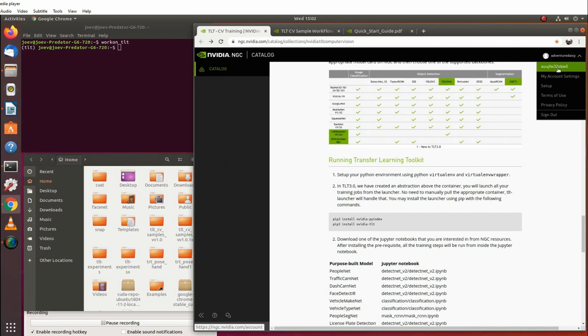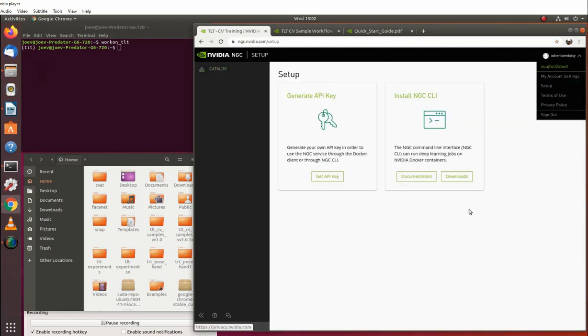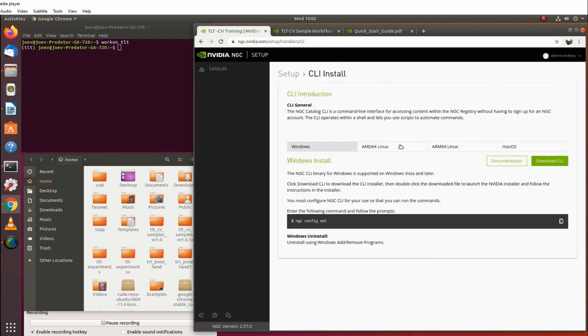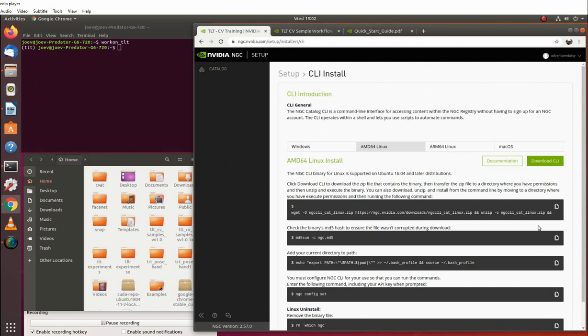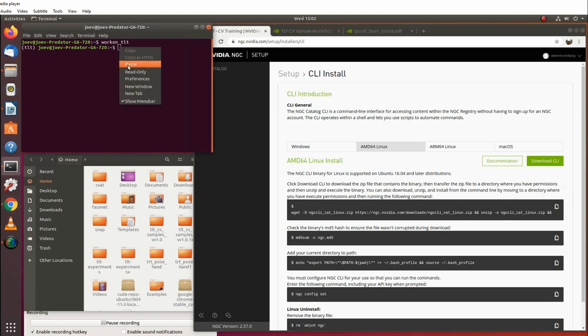So you've got to go into setup. I've already logged in. You have to have a login if you want to do this. I'm going to install the NGC CLI download. I'm running Linux. By the way, my GPU is a 1080 Ti, so that's plenty to do what you need. Copy this, paste it in there,